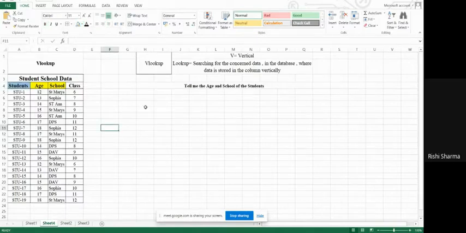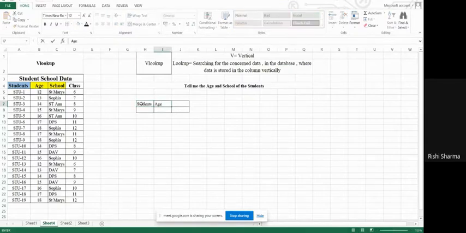Okay. So first of all, what you have to do is make a table, and in this table you have to make three headings, starting from the student, their age, and I need to tell the age as well as the school in which they are currently studying. Okay. So these three things: the student will be given to me, like which student's detail I want. So I will select all these students from this database. Either I can select only one student or I can select all the students.